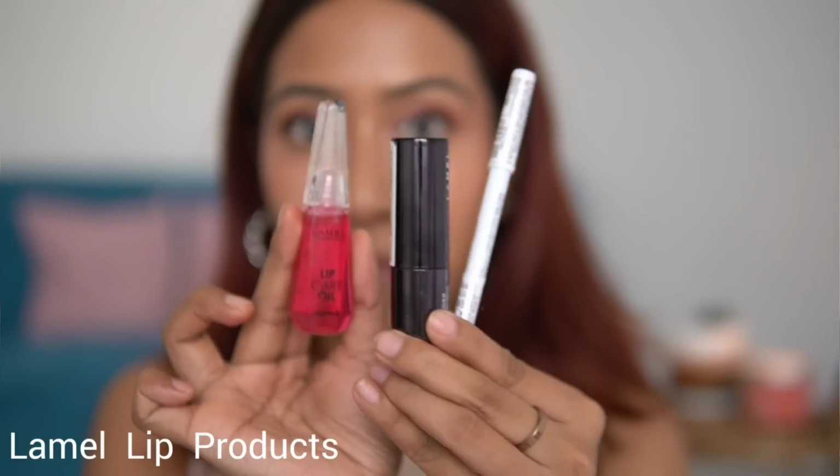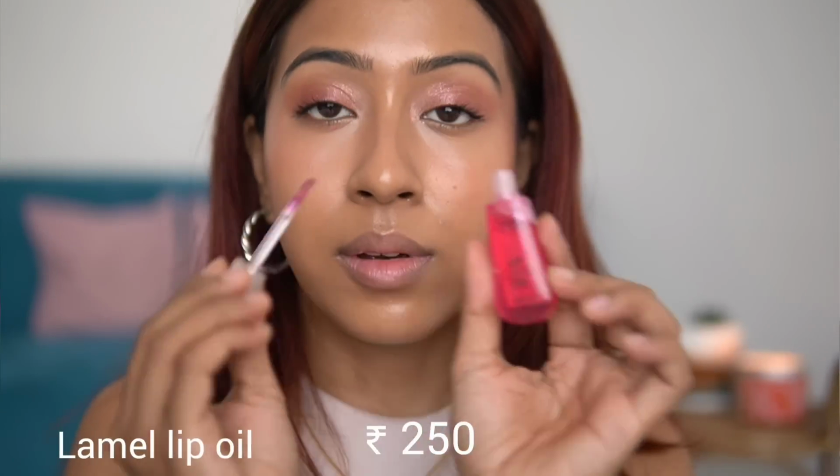And the last product that I have here from the brand is the Lip Care Oil. Now this one is something that I have been using just around the house. It's almost like a lip balm in a tube. This doesn't have any kind of tint to it. Although yes, it does look like a red lip gloss or a pink lip gloss, it's not like that. There is hardly any tint to it. So if you're thinking this is going to give you that tinted look, no, it's not going to do that. But you can use this with your normal regular lip liner and just use this on top,